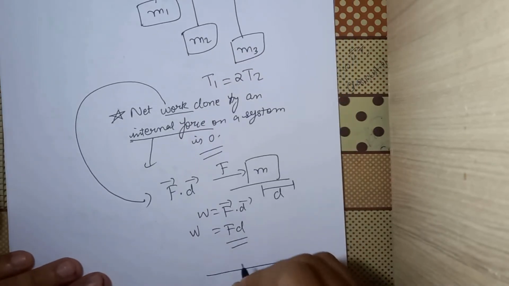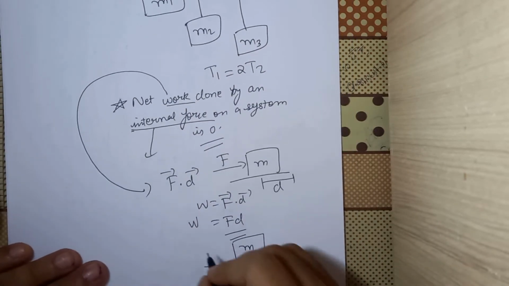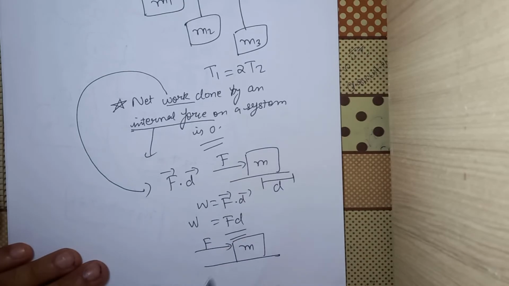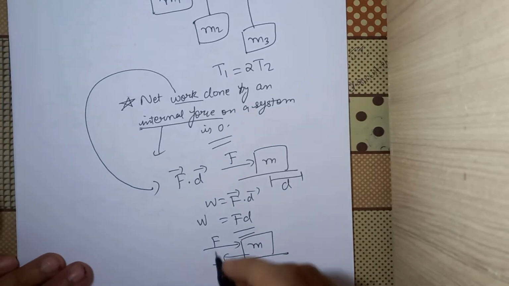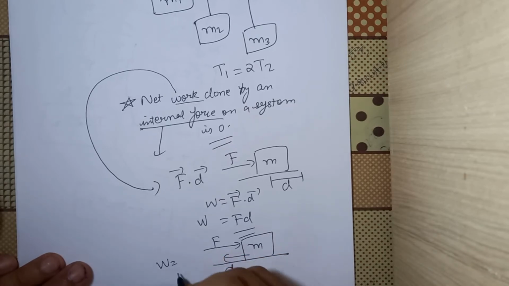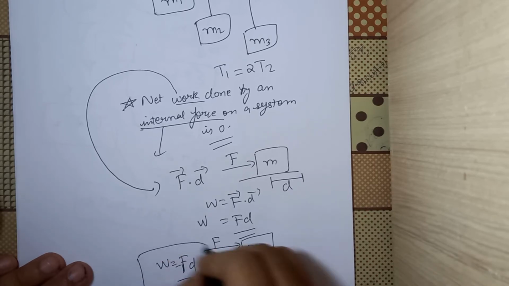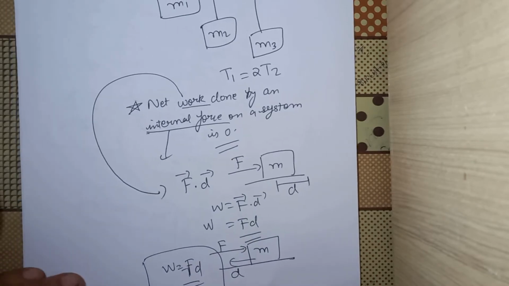Obviously, we could also draw for this case. Now let us say that this is M and this is the force applied, and let's say due to some mechanism it is moving in this direction. So in this case, what is the work done by this force? You can directly write that work done is F dot d, and in this case, because the angle is 180 degrees, the cos makes it minus Fd. So this is what you can just remember right now for work.